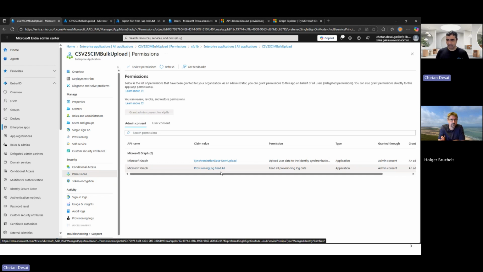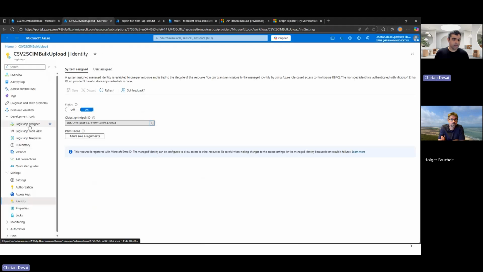permission that it needs. We have even a much more restrictive permission called upload.ownedby, if you have an application, a service principal that's also creating that initial API-driven provisioning app. But suffice to say, what I want to call out here is you don't need a very high privileged permission like user.readWriteAll in order to create this user. Because at the end of the day, the IT admin configuring the provisioning job actually determines which users get updated. Okay, so with this setup, go back to the designer.